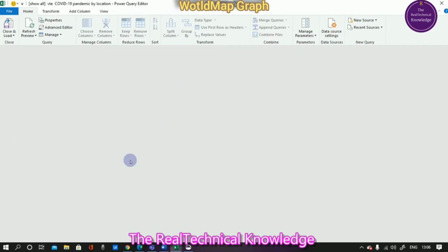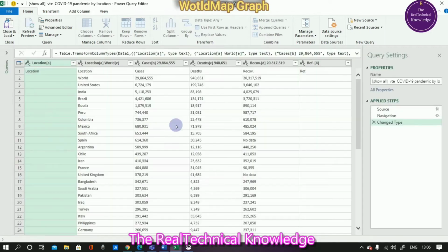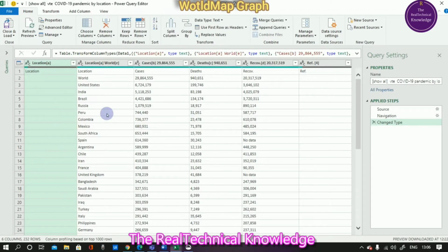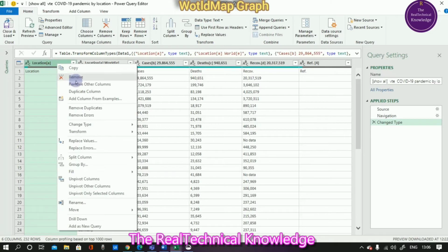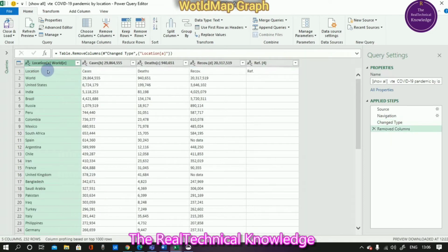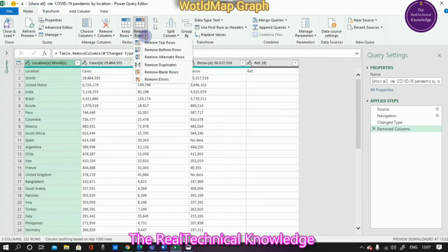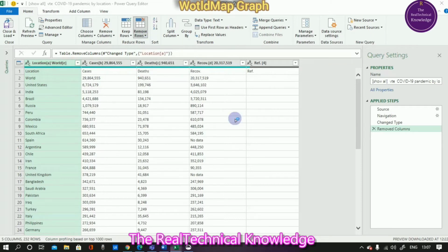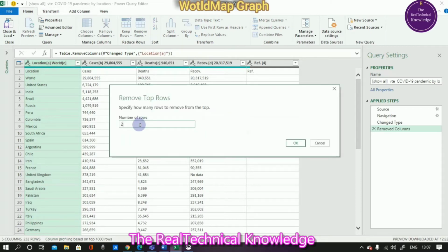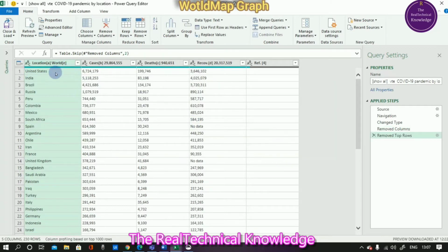See, the Power Query editor is opening now. So we need to wait until that data appears in the Power Query window. So now the table has appeared. So we need to make some changes in this table. Like we need to remove this column because this column is not required for us. We need to remove the top 2 rows from this table because they are also not necessary for us. To remove those rows, we need to go to Home, then Remove Rows, then Remove Top Rows, then the number of rows. So I am going to remove 2 rows, location and world, because we already have a header over there. See, the top 2 rows have been deleted now.